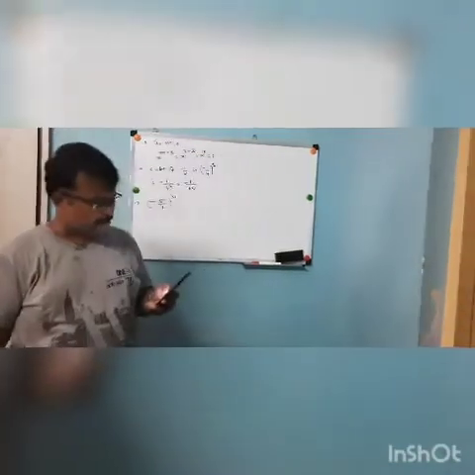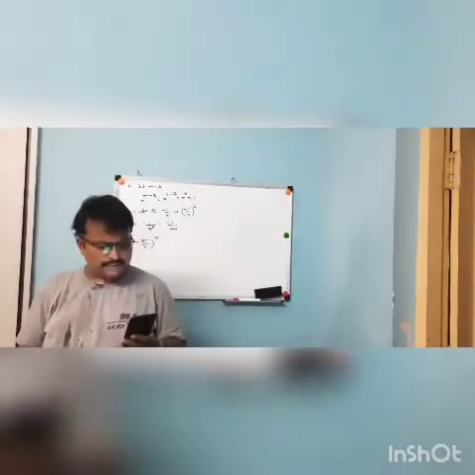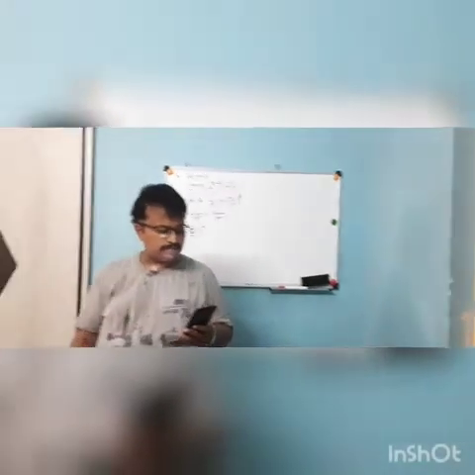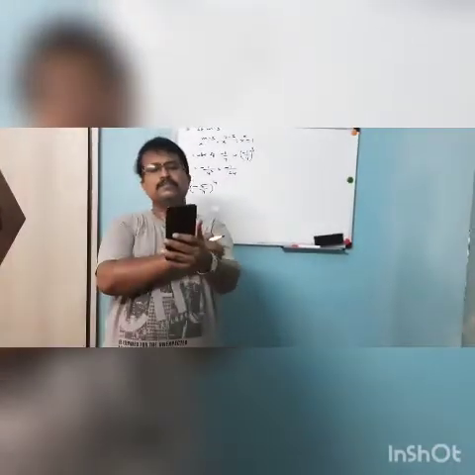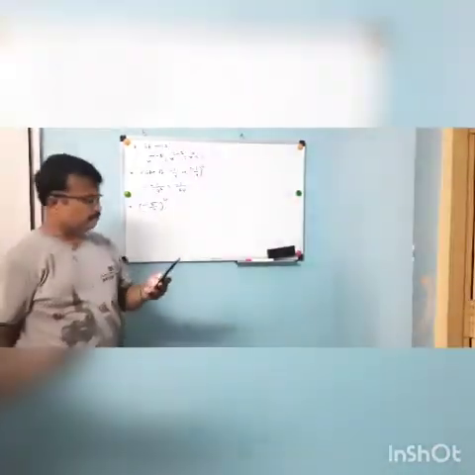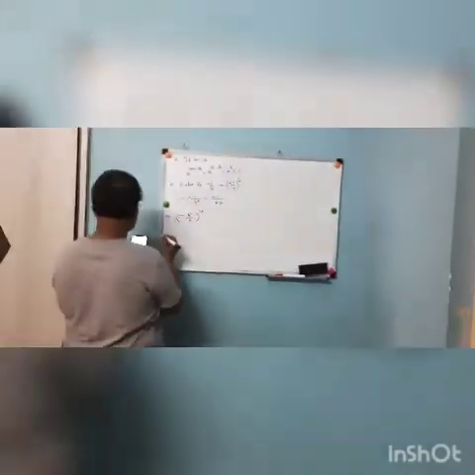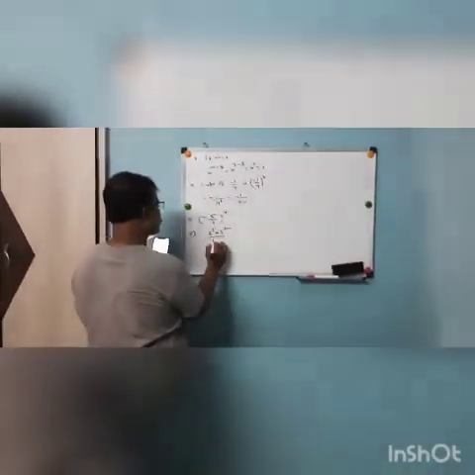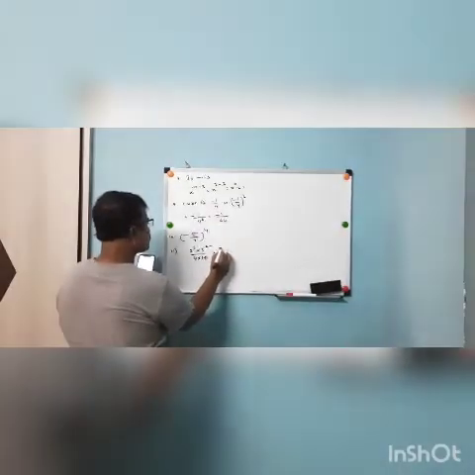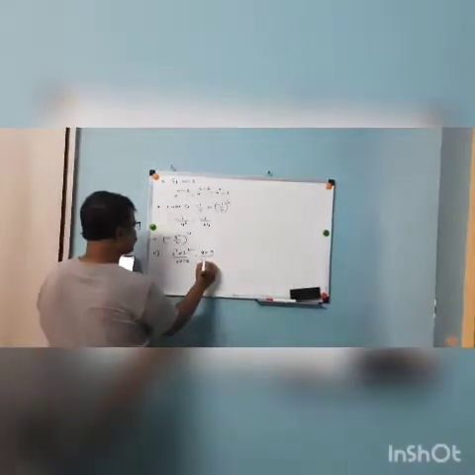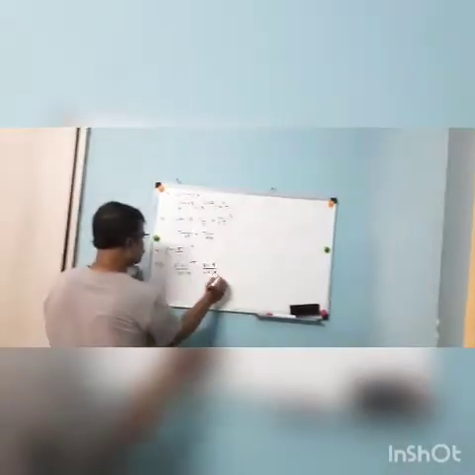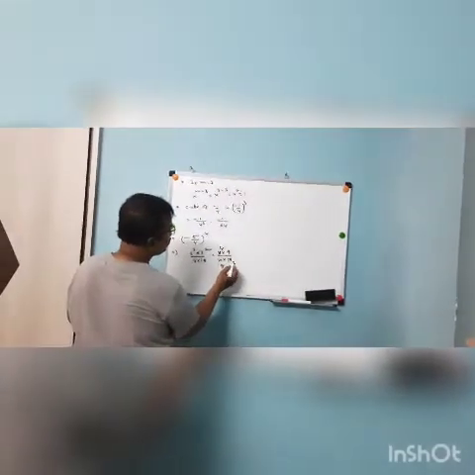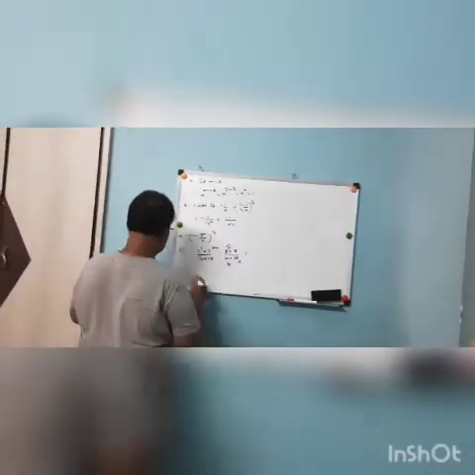So which of the following is not equal to 12? This is not visible. 2 cubed into 3 square by 4 into 18. For the 11th question, first option is 2 cubed into 3 square by 4 into 18. 2 cubed means 8, 3 square means 9, by 4 into 18. Cancelling the common factors, we get 1.